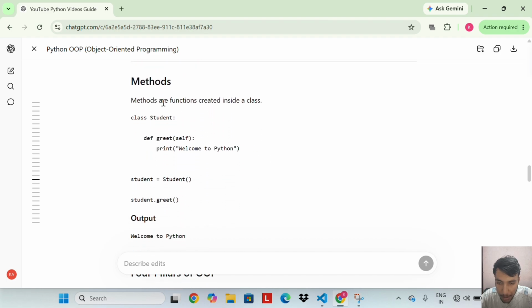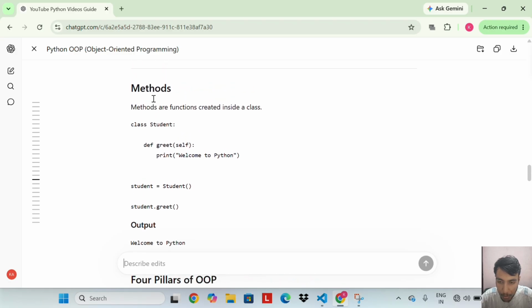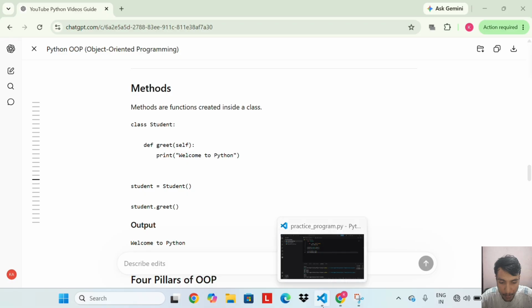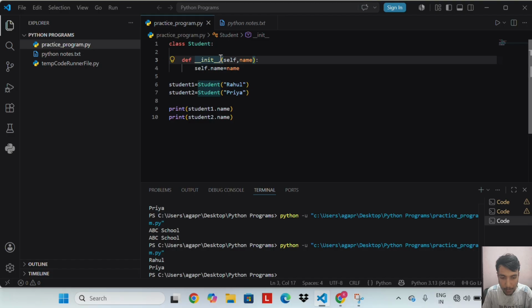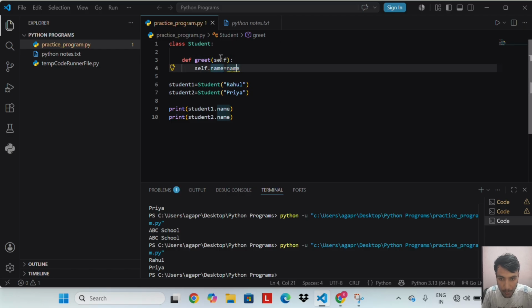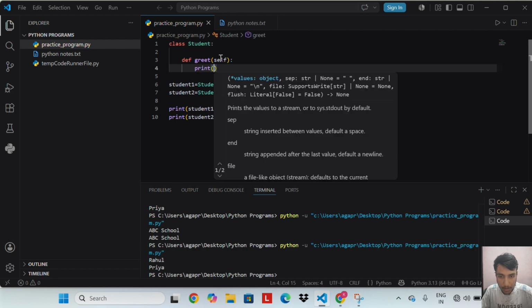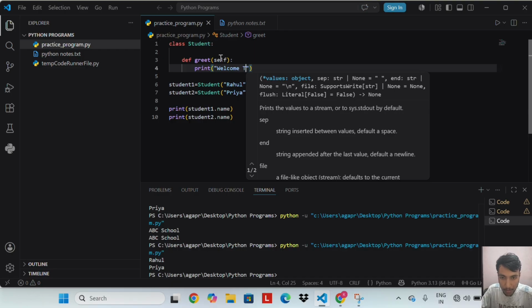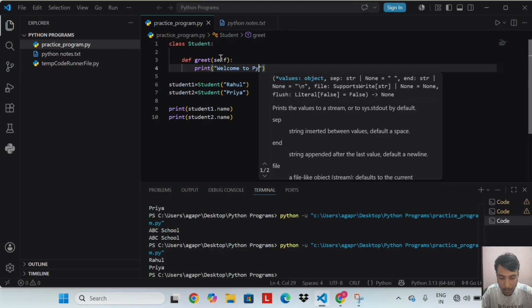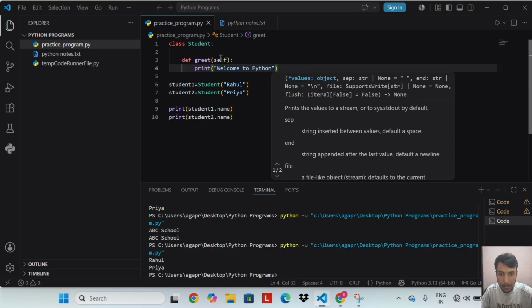Methods. Methods are functions created inside a class. So let's do an example of methods. Create a method greet that prints welcome to Python.